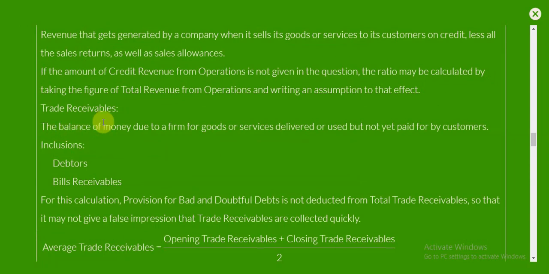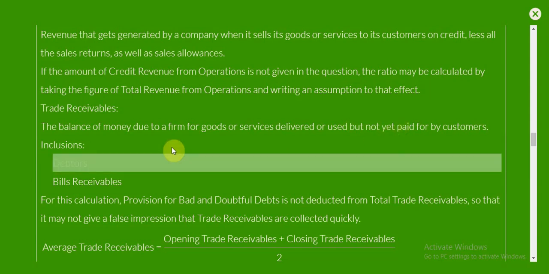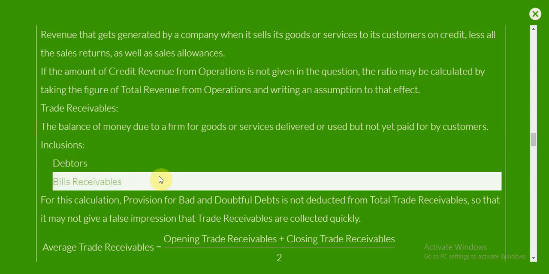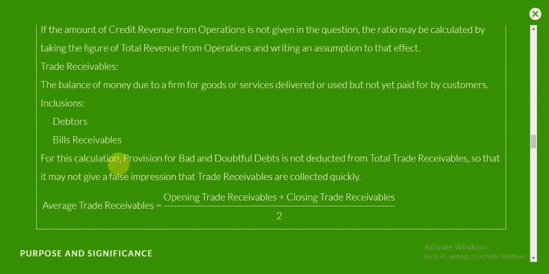You already know trade receivables is a balance of money that is due to a firm for goods or services delivered to customers but not yet paid for by the customers. This includes two things, both debtors and bills receivables. For the calculation of this ratio, provision for bad and doubtful debts will not be deducted from the total trade